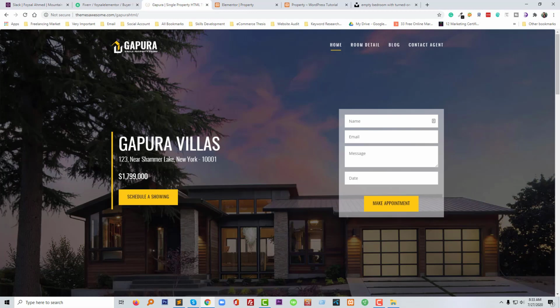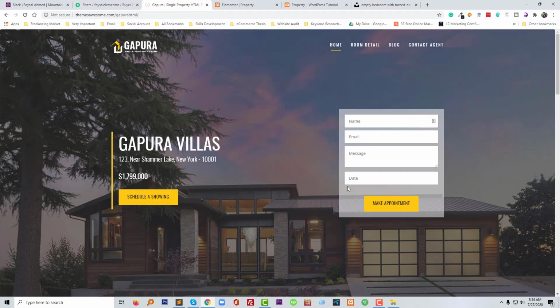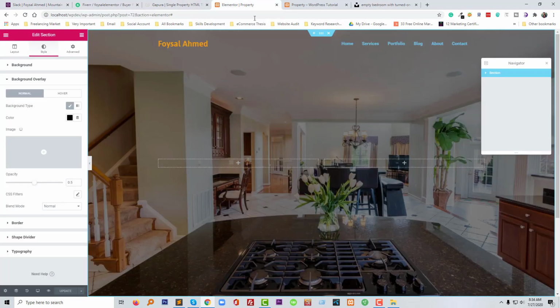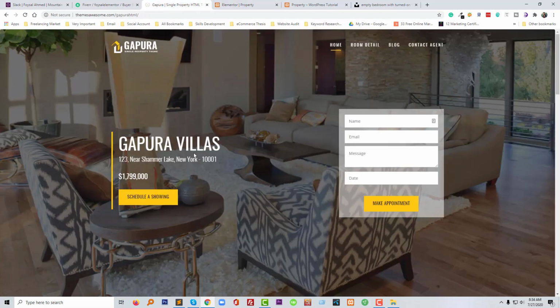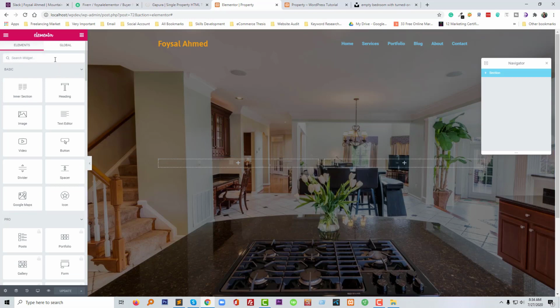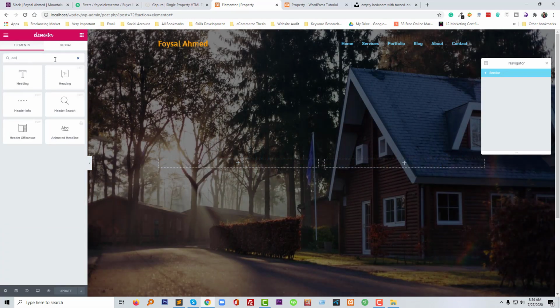Then we need to add two sections. Already we have two sections. In one section is a contact form or appointment form, and another section is a title and some content. Okay, so first I'm going to add this title. Click on this plus icon, then search heading, drag and drop here,